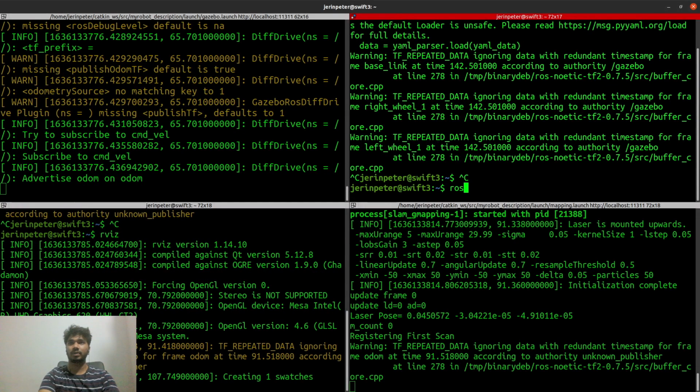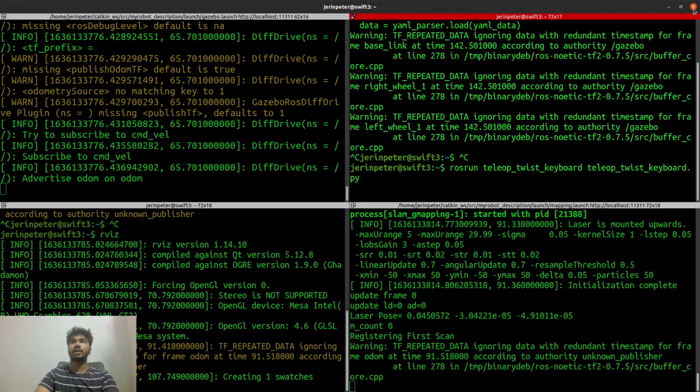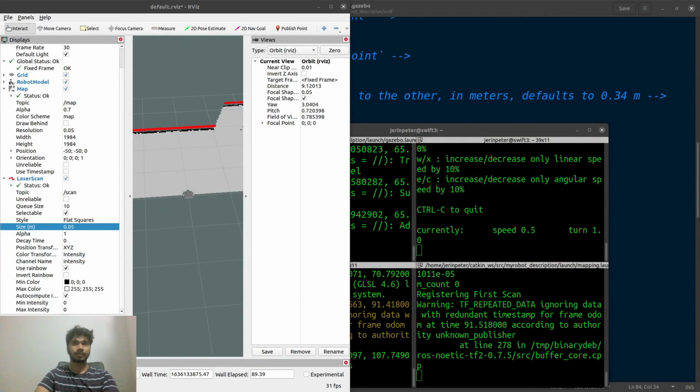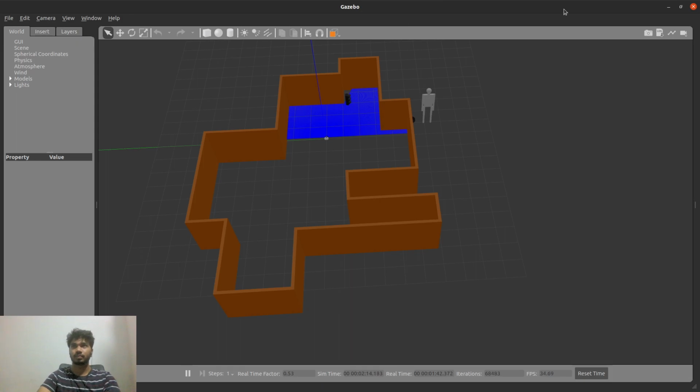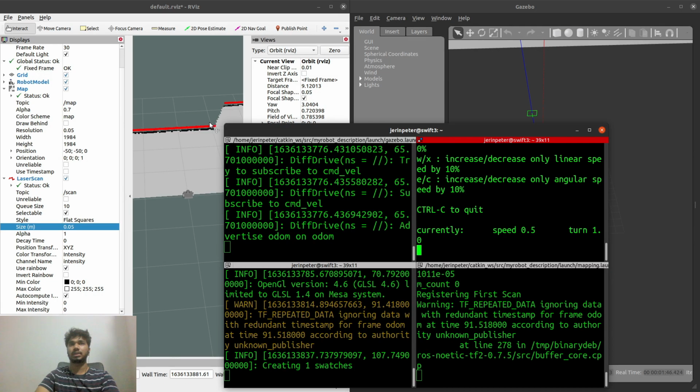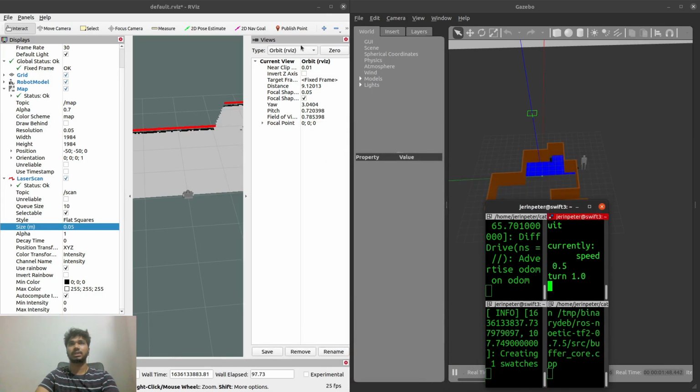What we'll also do is drive the robot around, so we can do rosrun teleop_twist_keyboard.py, and we'll keep everything side by side. Where is the terminal? Yes, and I'll reduce the size.